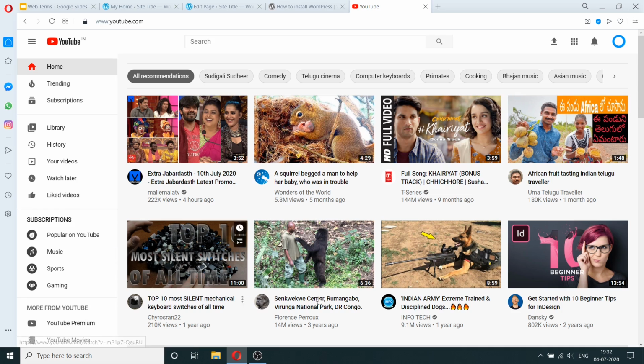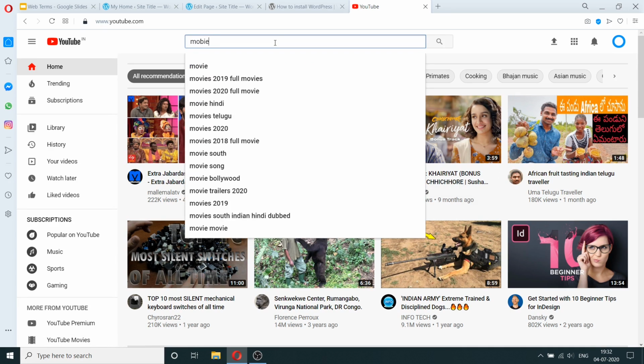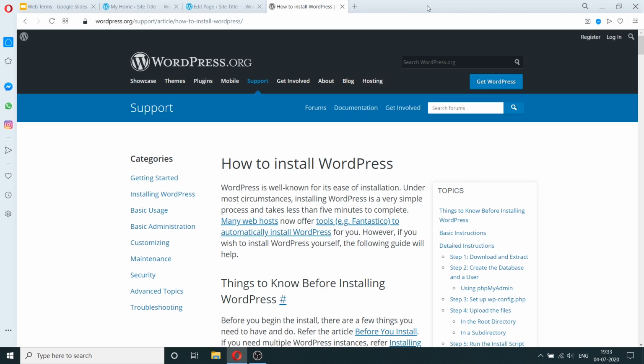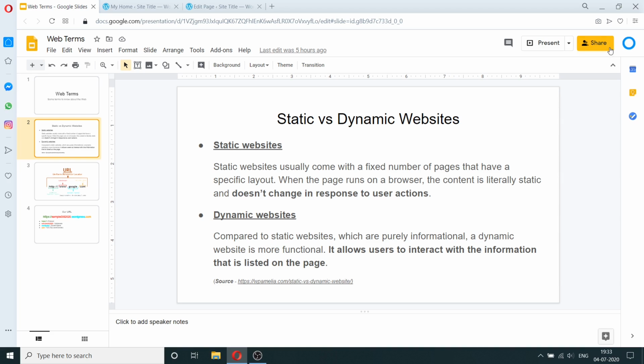And also I can change the way this looks just by interacting with it. For example, if I type movies, I get to see different content on the page. So my interaction with this page has changed the way the page appears. This is an example of a dynamic website. Facebook is a dynamic website. So many of the applications that we use are considered to be dynamic websites. A general rule of thumb is that static websites are quite simple and dynamic websites are not.